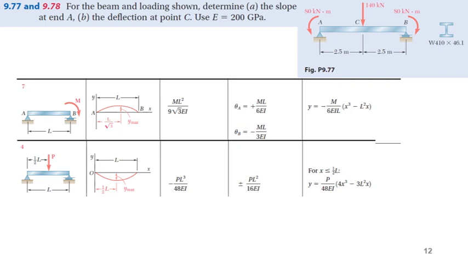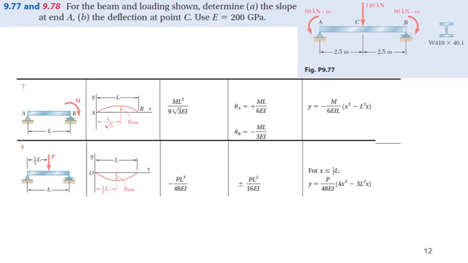let's see this problem 9.77, and we will use the method of superposition and the table in the appendix. For the beam loading shown, determine the deflection at C and theta A, the slope at end A. So we have to find the slope at this end A and also the deflection at point C. So we have a simply supported beam with two bending moments acting at A and B, and the cross section is given, and the modulus of elasticity was also given. Okay, now